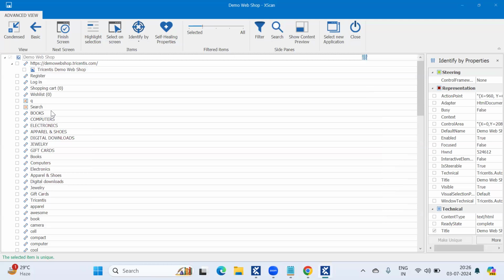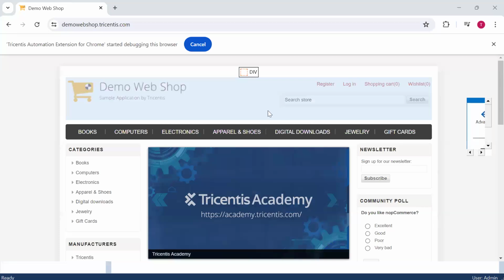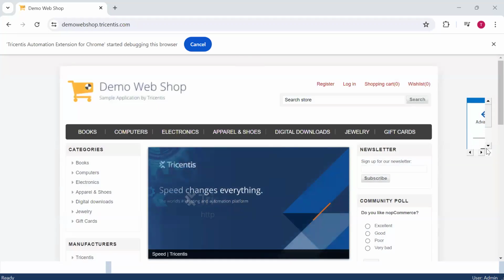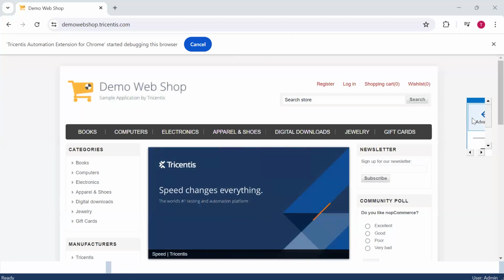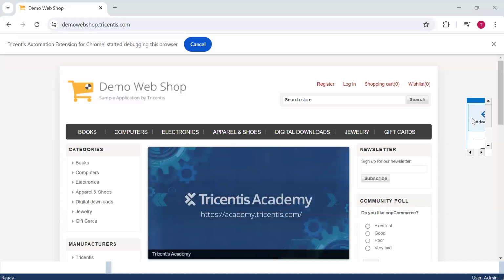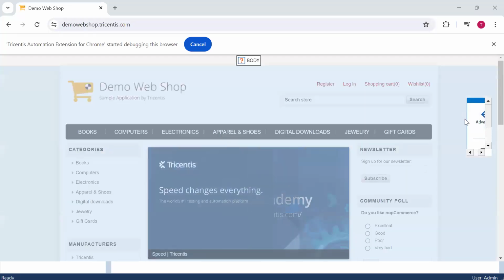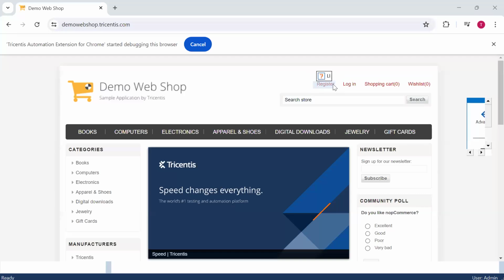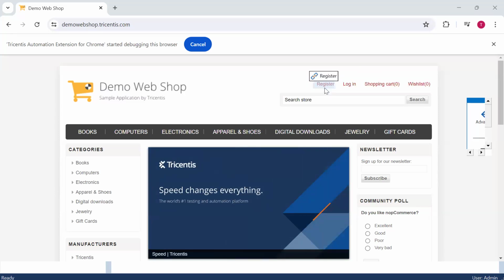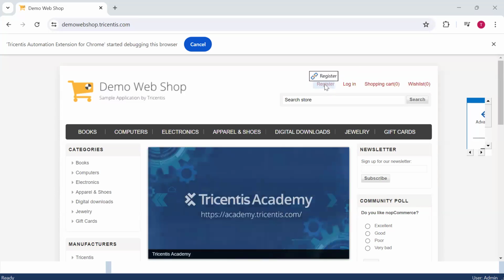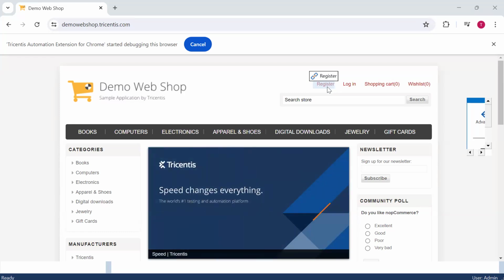First, we will go with the condensed view. If you click on this condensed view, can you see the XScan window become minimized? It becomes very much smaller, because whenever you click on condensed view, the XScan window will be minimized. So that you can go and click on whatever properties and controls you require and select those controls. That is the main purpose of condensed view.